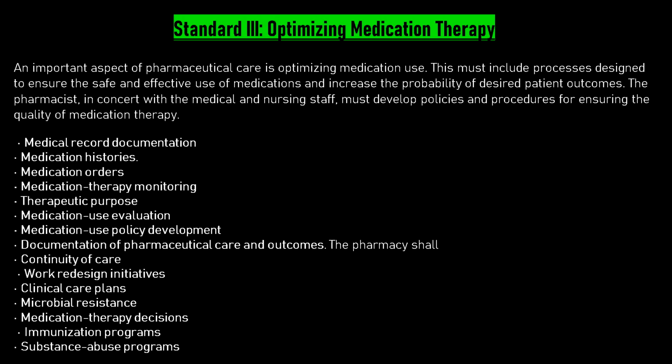The next point is continuity of care. This is compulsory, because if care stops, there is no benefit for the patient until the problem is resolved, until the patient is fully cured of the disease. The pharmacist shall routinely contribute to the process of ensuring that each patient's pharmaceutical care is maintained regardless of transitions across different care settings.